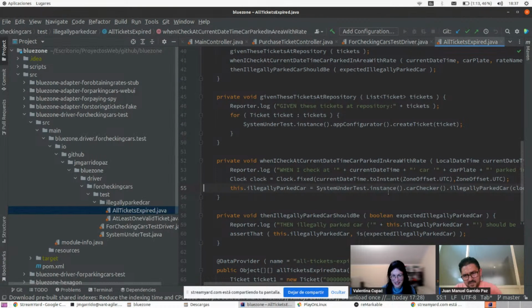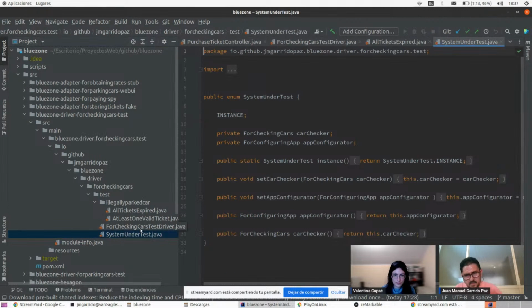Sorry. Okay, thanks. So this is the driver port, car checker. Is that the driver port? Yes, for checking cars. The system under test